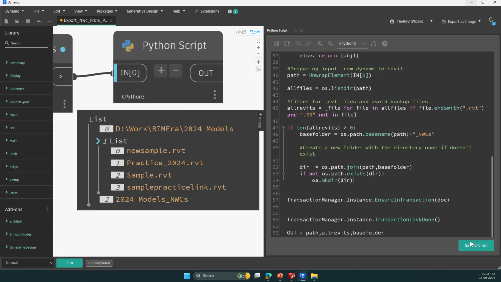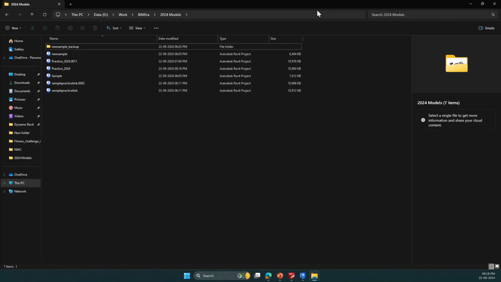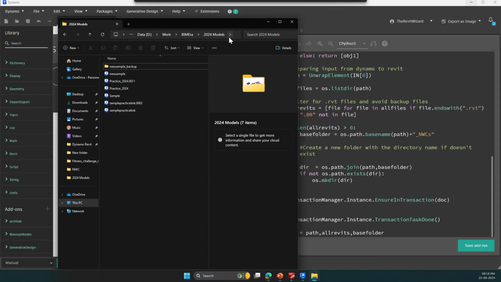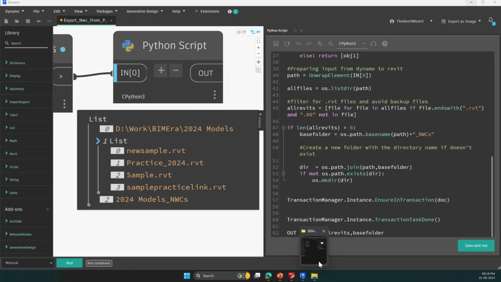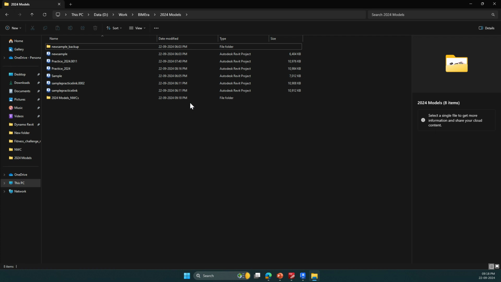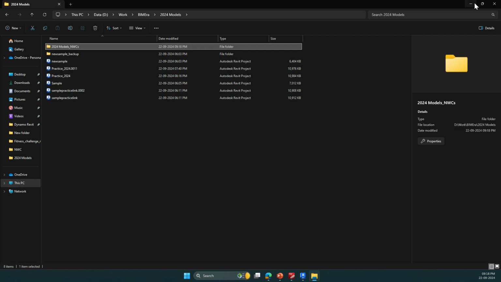Right. Now if I run it, what do you think? See, right now there's nothing called 2024 models underscore NWC, right? Let me run it, and here we go. Now we have a new folder called 2024 models underscore NWC, right? We could have extracted it right here at this location also, not an issue. But for better management, we are creating a new folder, and inside that we will go ahead with our